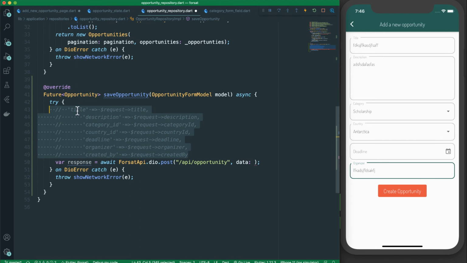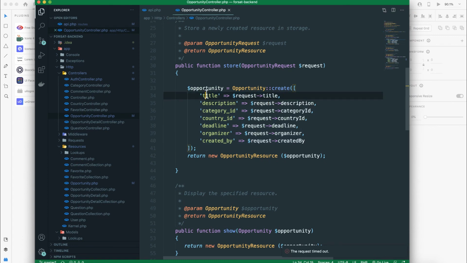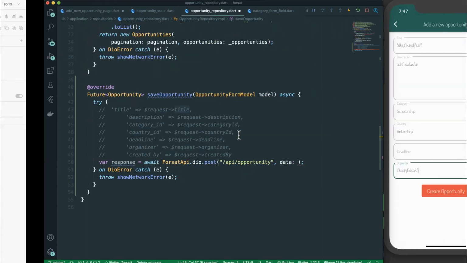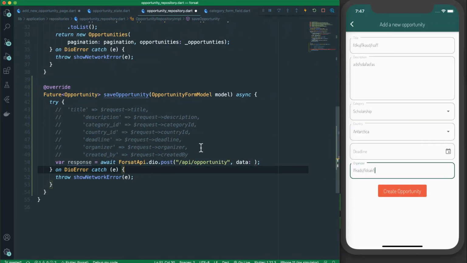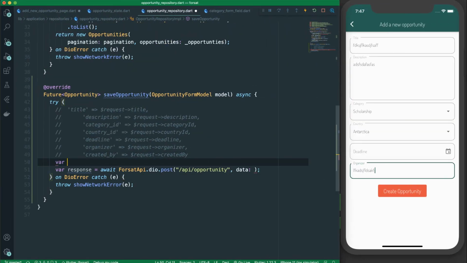So we have the title, description, category, and everything, but make sure to put this, because this is the request. I mean, these are the database columns, but here we have the variables, the parameters in the request. So just make sure to put these things. Category ID is in camel case here, and there we have it with an underscore. Okay, so now we need to create a data